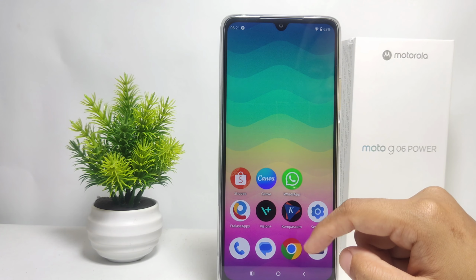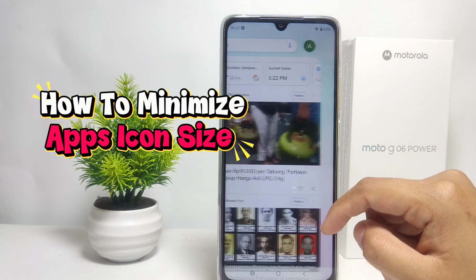Today in this video I'm going to show you a tutorial on how to minimize the apps icon size on Motorola G06